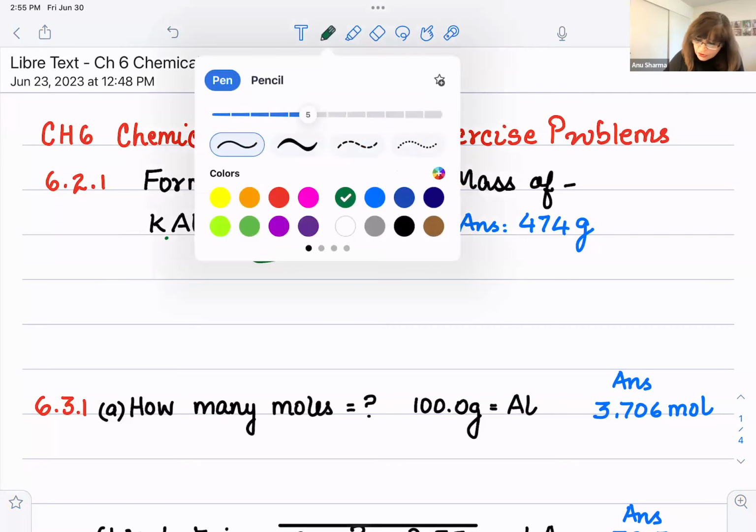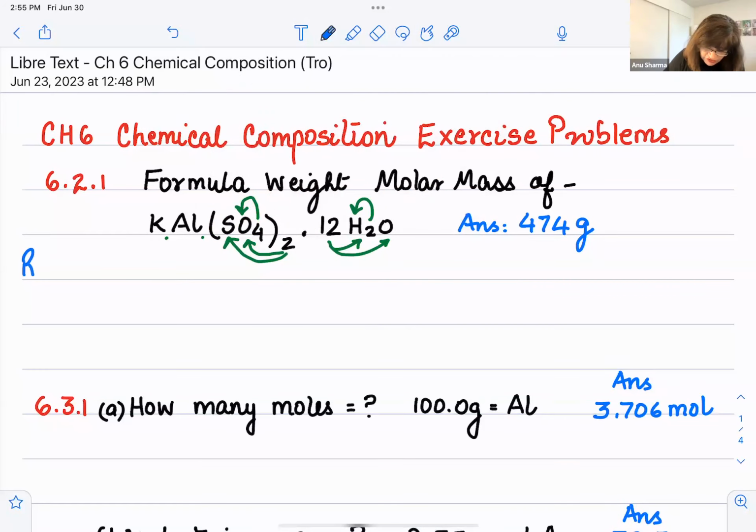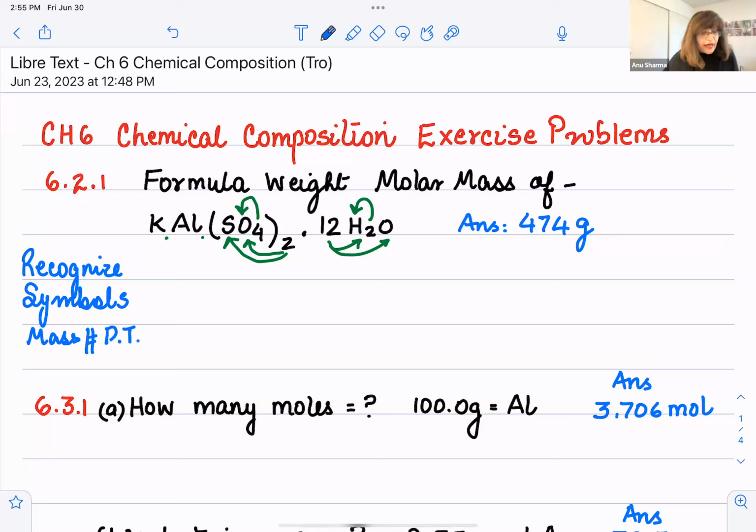Now, second thing is you should be able to recognize the symbols of the elements so that you can get their mass numbers from the periodic table. So the mass numbers are in the periodic table. So if you look at the mass number from the periodic table of potassium, so in this